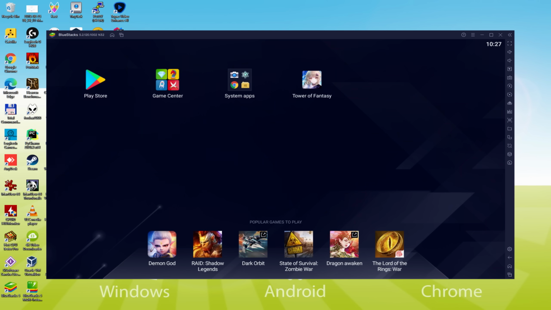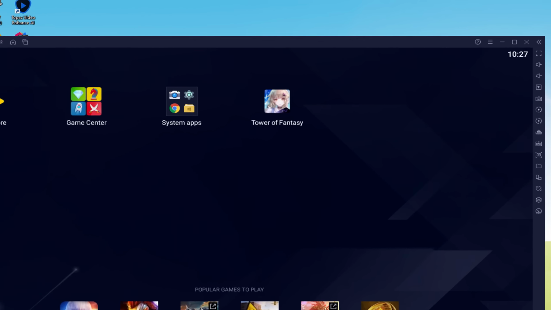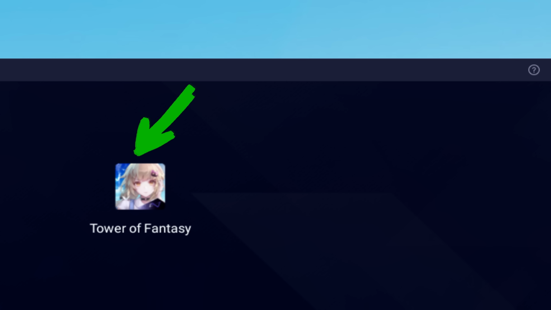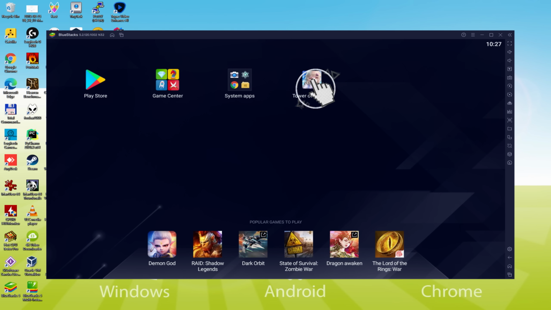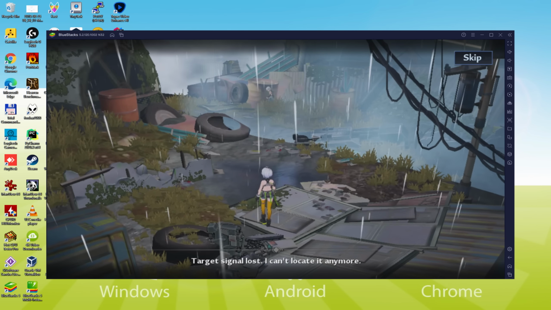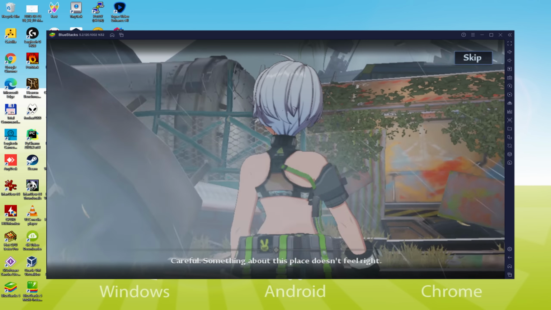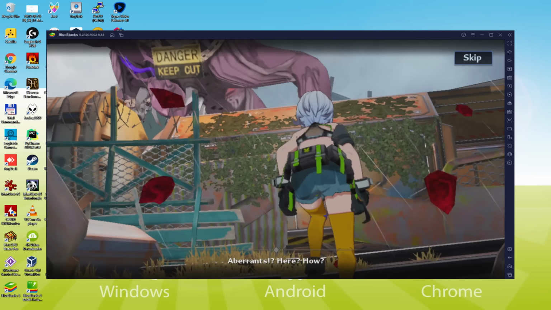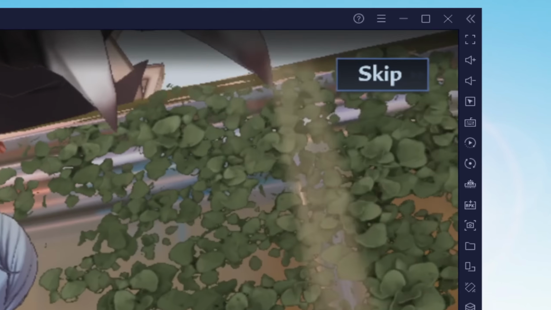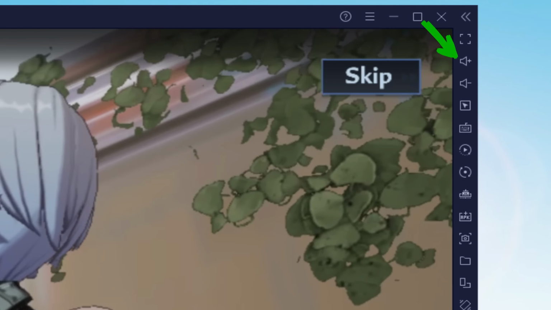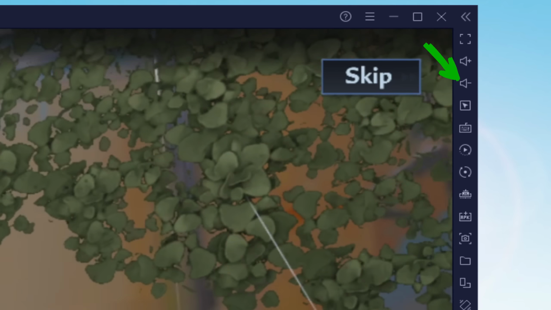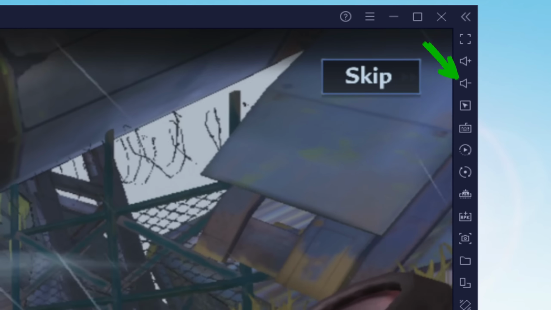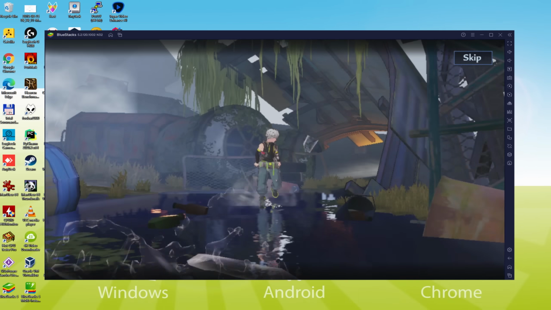We're already on the emulator desktop, and as a consequence we're about to simply click on this brand new Tower of Fantasy icon which was generated. This game is launched for the first time. Currently there we have it. I can press anywhere on the screen and also make use of the keyboard. I should comment on the volume level of that emulator. It is here. We have the icon of higher volume and also the icon of lower volume. This way we don't count on the Microsoft Windows volume to increase or decrease the audio of this emulator.